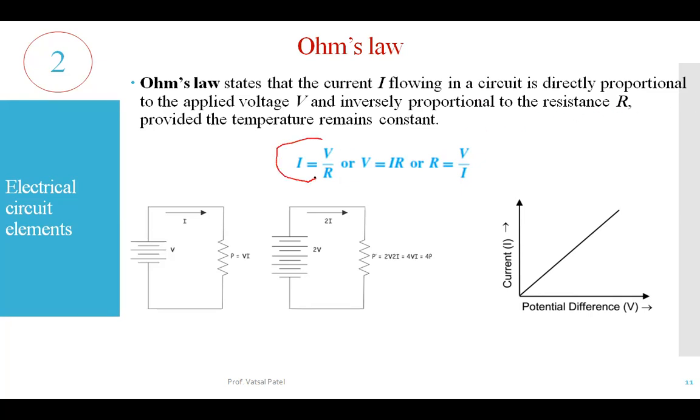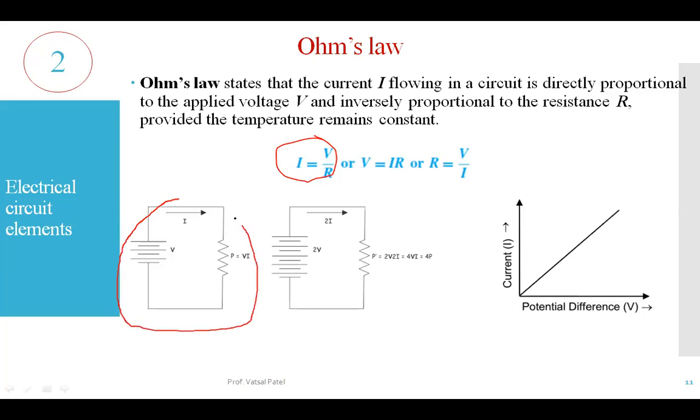So this equation is represented over here, that I is equal to V by R. So I is directly proportional to the value of applied voltage, and it is inversely proportional to the value of resistance. At that time we can say that whatever temperature we have provided, we are assuming it as a constant. Over here the example is also given by the circuit diagram.